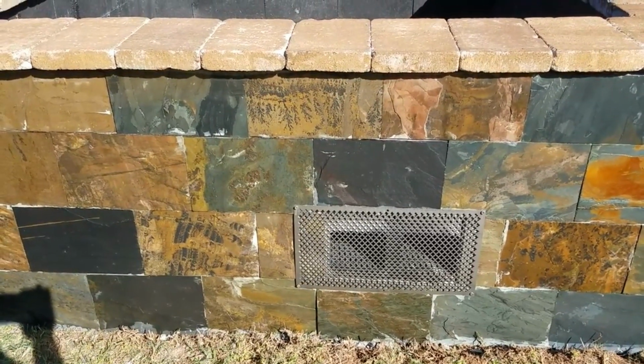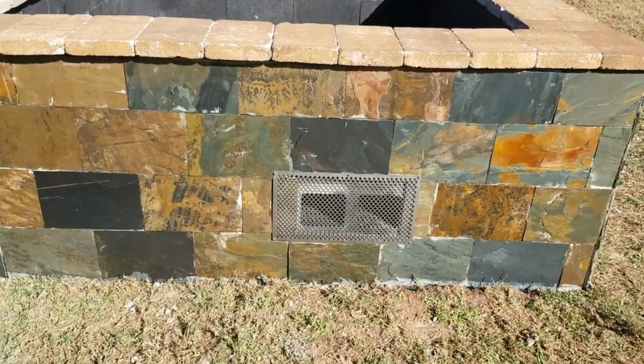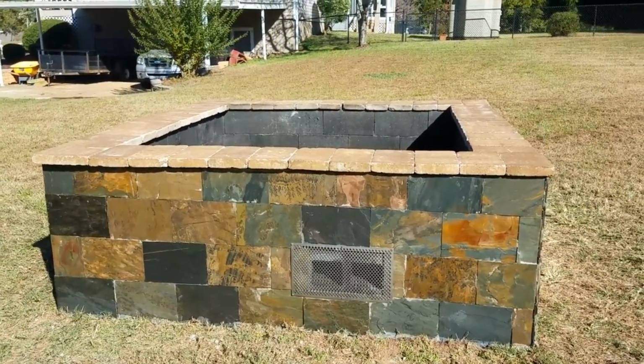Bought those and painted them. The dark ones were a little bit more expensive. Those are about $22 a piece. Got some masonry drill bit. It came with